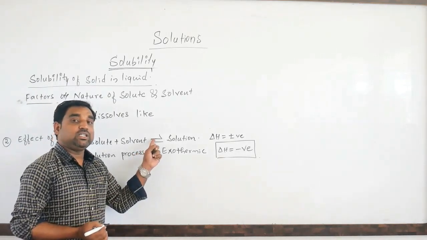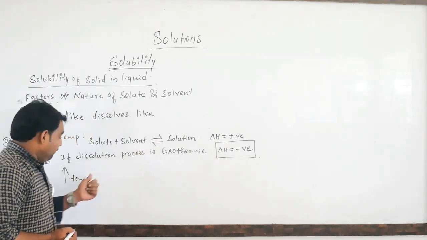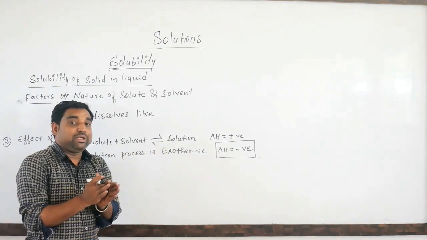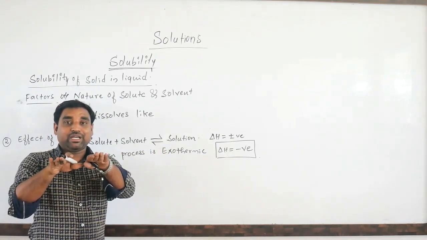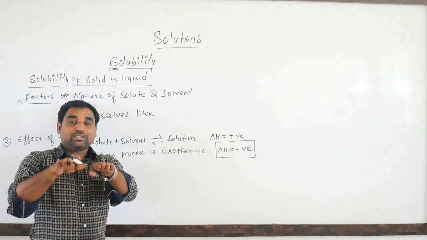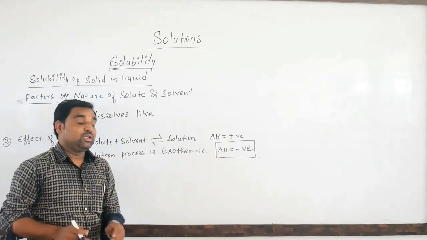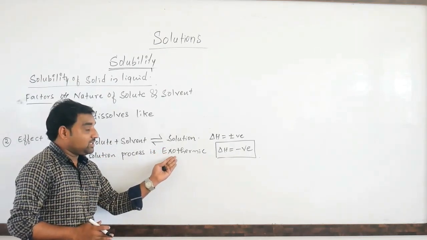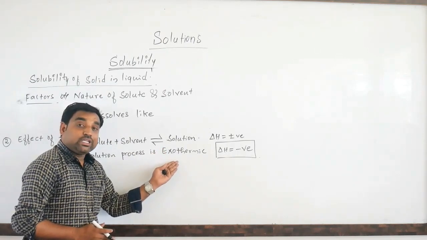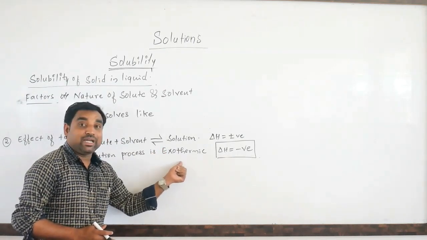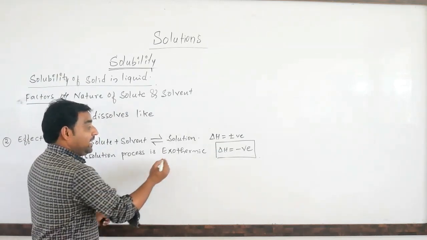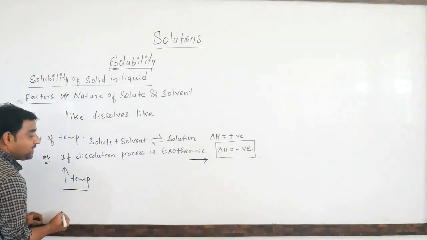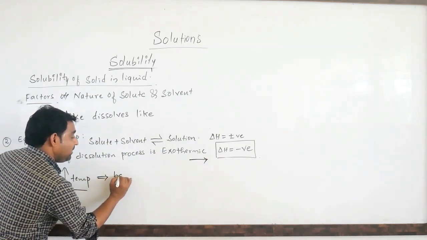already this reaction is in dynamic equilibrium. When we increase the temperature, the dynamic equilibrium gets altered. So it is a balanced reaction. When we increase the temperature, that equilibrium will be altered. Again the reaction gets back to the equilibrium state. In such cases, the reaction will move towards the endothermic side, that is the backward direction. Here the exothermic is the forward direction, and when we increase the temperature, the reaction moves towards what? Backward direction.